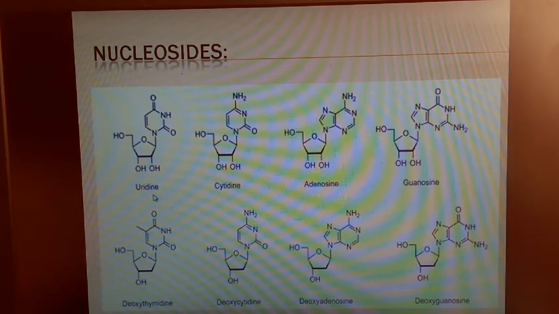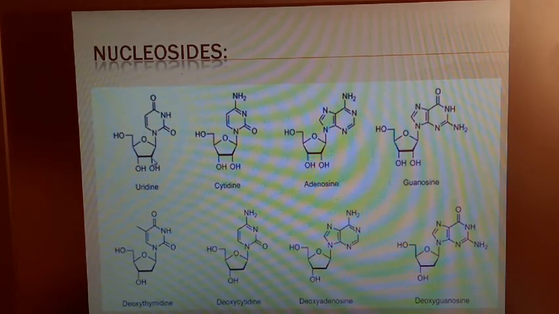So the name, it is uracil. This is uracil attached to the sugar moiety, so the name has been changed to uridine. Likewise here it is cytosine, so the name changed to cytidine. Uridine, cytidine, adenosine, guanosine, thymidine. What are all these things? That is nothing but guanosine. It is nothing but the nucleosides. It indicates the nucleosides. So what is the difference in these two?